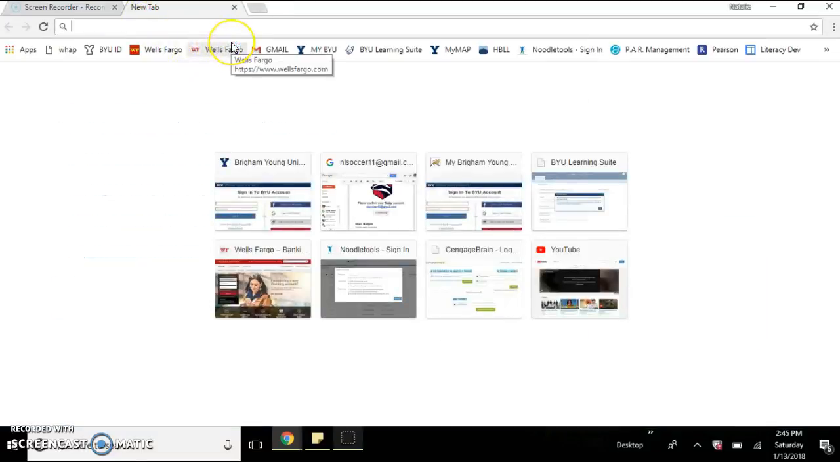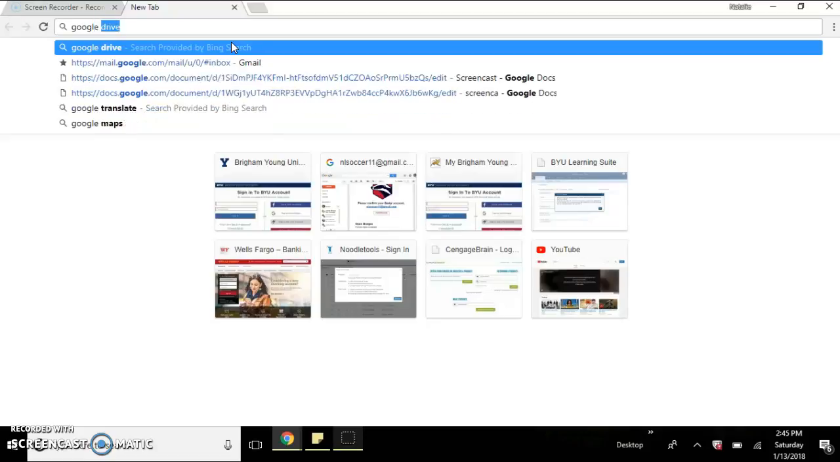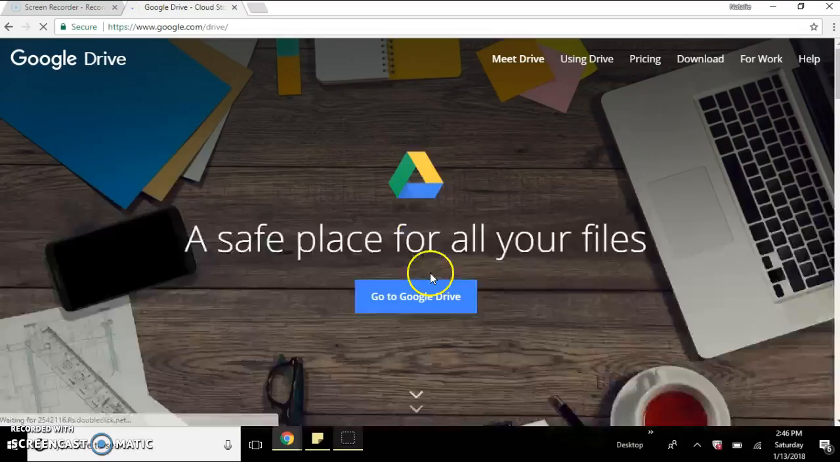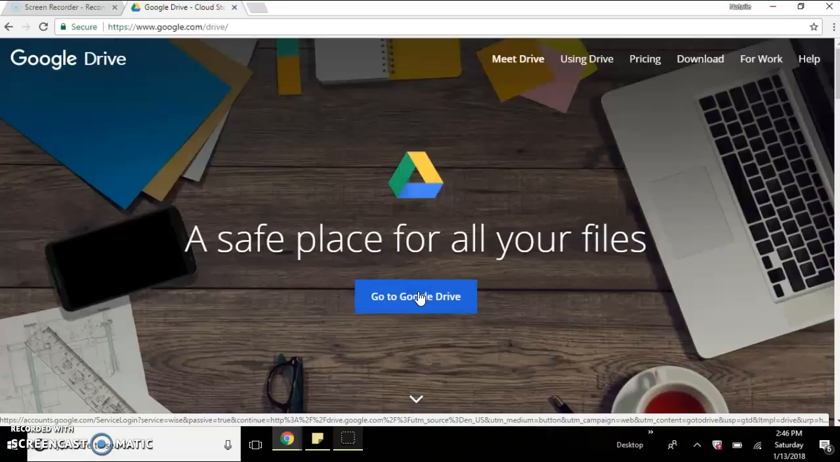So today I'll be showing you how to create a new Google document. So first you'll want to go to Google Drive, click on the first link that comes up, click on Go to Google Drive,